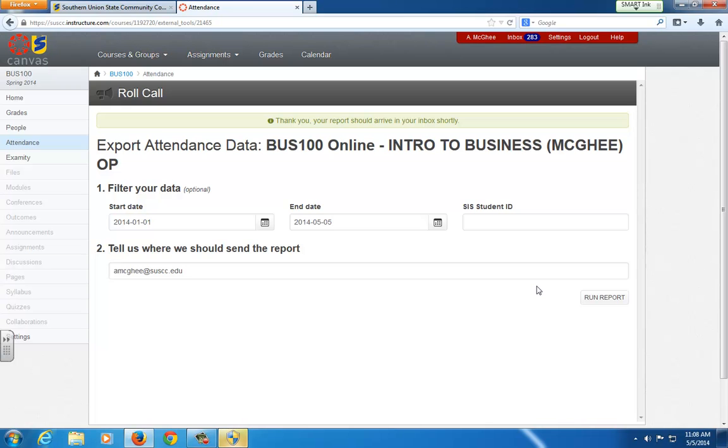And that will email you a report of the attendance, which would be very helpful in being able to defend your decision to give Johnny an F or whatever based on his performance. So a lot of instructors find this as sort of a catalyst to get into Canvas. They won't do any of the other stuff we talked about. They'll just use it to keep up with attendance. And there's an interesting tie-in to the Smartboard